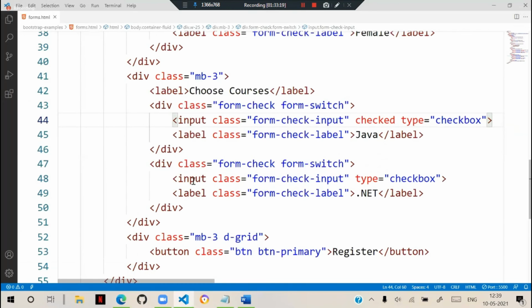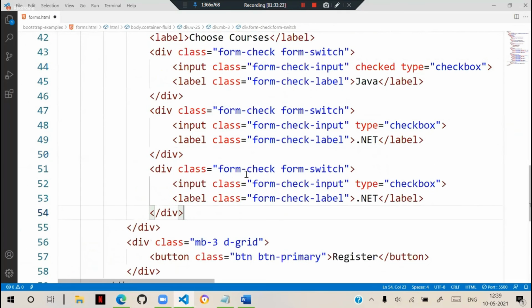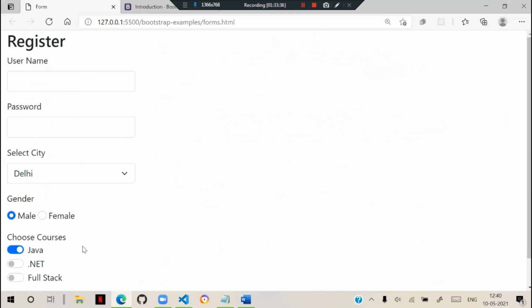You can keep any option like that. So I added an unordered list, that will be better. So list items, and you can keep them. Suppose I say full stack. And you see these are all the options.